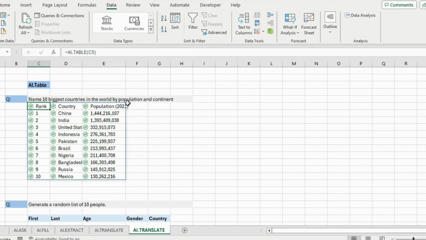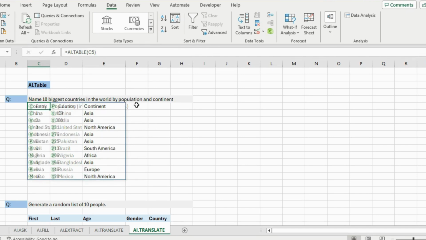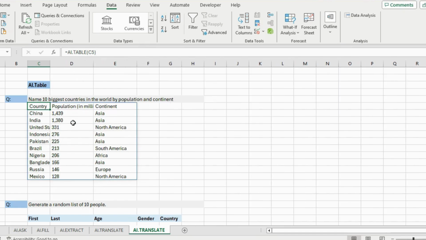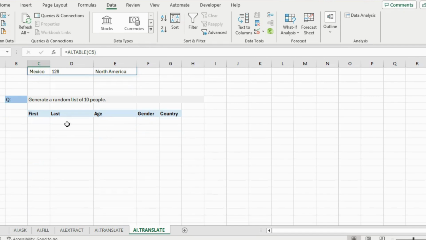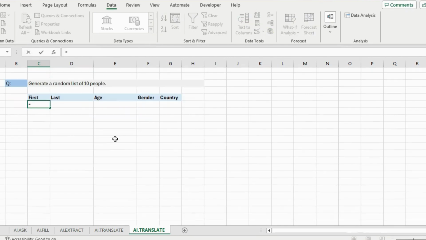Now, what if we also wanted to have some structured column headers up above? Over here, we didn't really have the column headers. But let's say down below that we want to have them like here. And we don't want anything from the internet. Instead, we just want some random data, like a list of random 10 people. So for this, we can also go with equals AI.table. The prompt is that we want the list of 10 people, press comma,